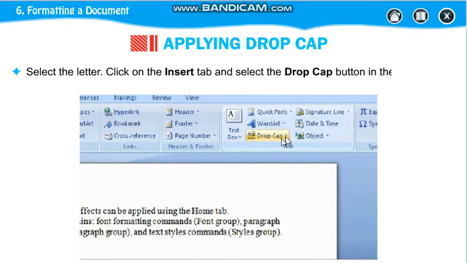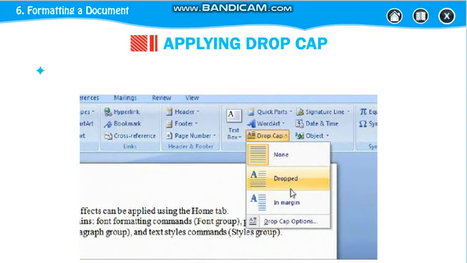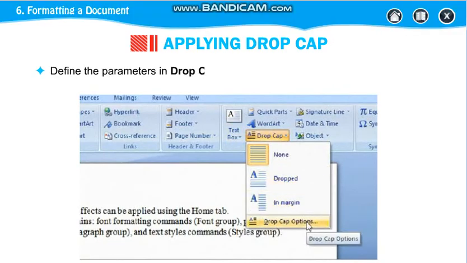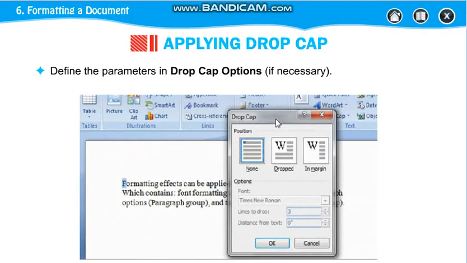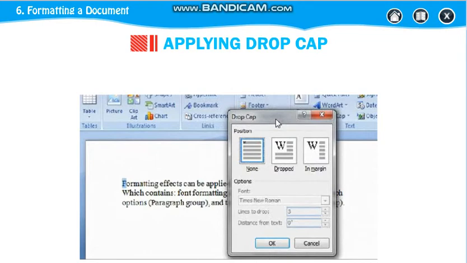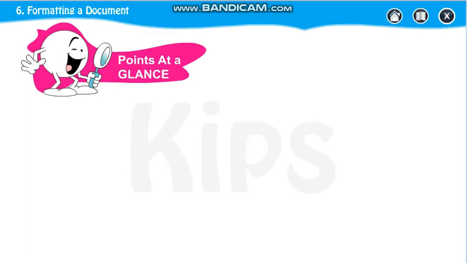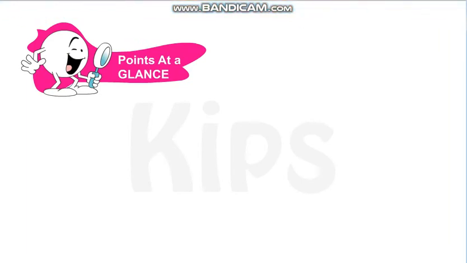By default you are on the Home tab, so click on the Insert tab, then Drop Cap option. Now you will see Dropped, In margin, so we are going to select Dropped. Click on OK and observe the changes. So that is your drop cap option.